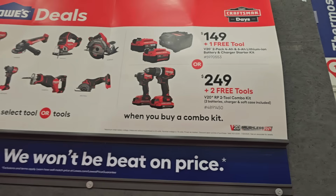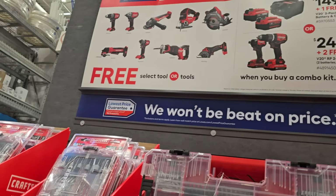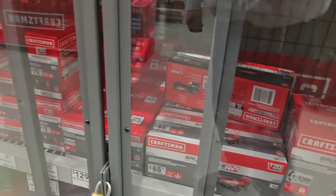All right, spend $149, get one free tool. Spend $249, get 2 free tools. Obviously, with the $249, you are getting those RP brushless tools. And then the free tool is going to be just a regular tool. It's not going to be a brushless tool, but they're still pretty solid for DIYs, light duty use, even prosumer professionals that are just